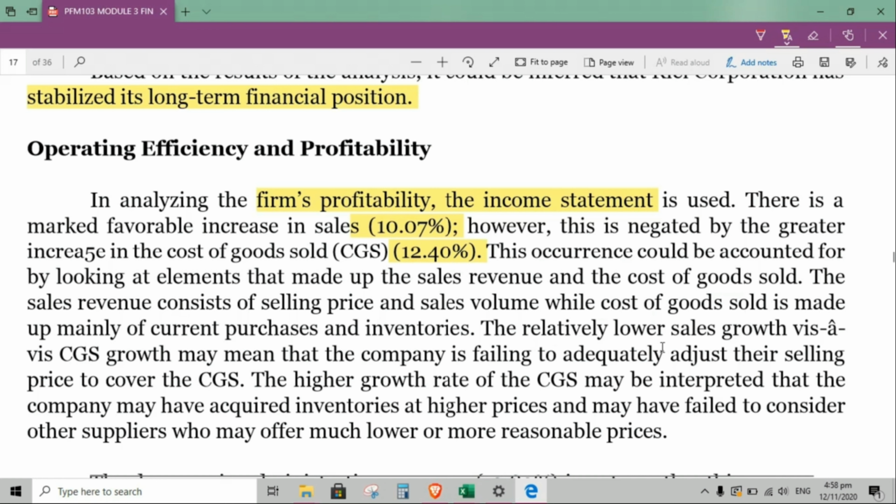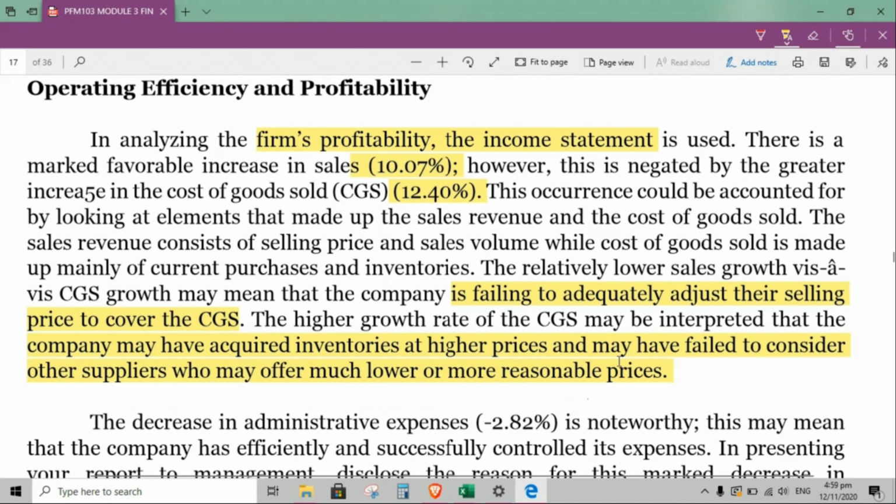So, the relatively lower sales growth vis-a-vis cost of goods sold growth may mean that the company is failing to adequately adjust their selling price to cover the cost of goods sold. The higher growth rate of the cost of goods sold may be interpreted that the company may have acquired inventories at higher prices and may have failed to consider other suppliers who may offer much lower or more